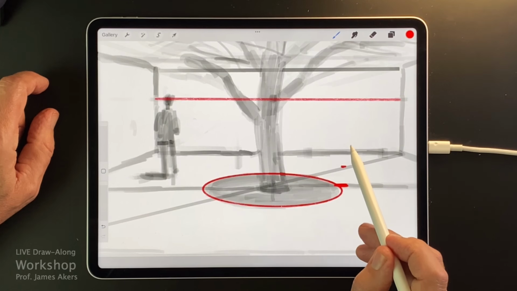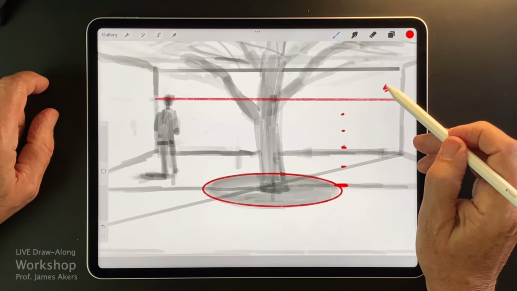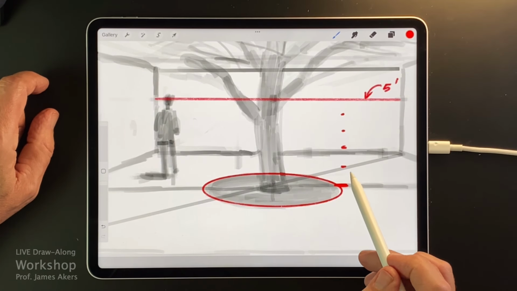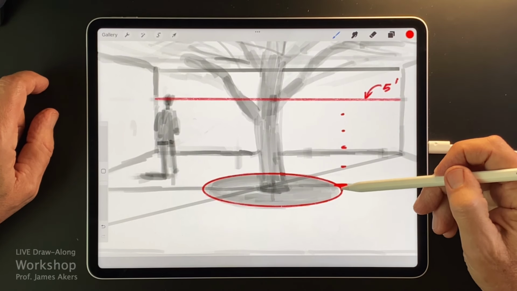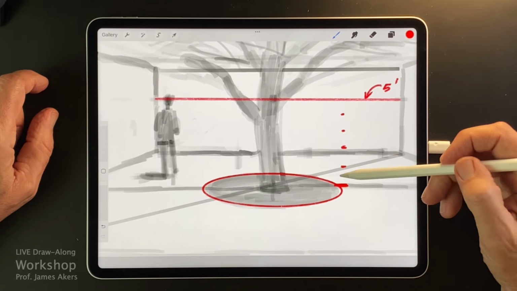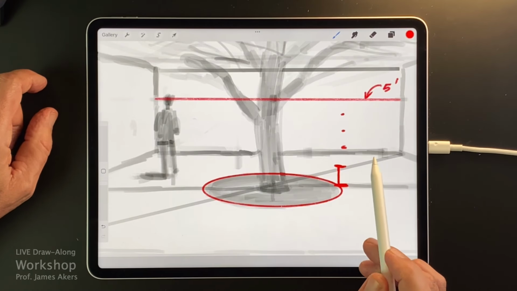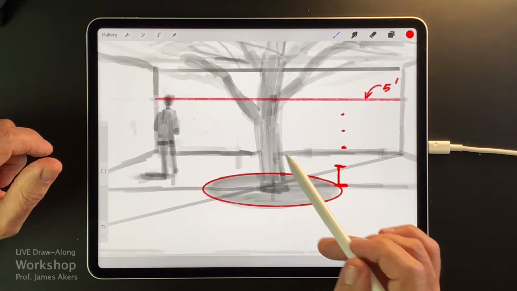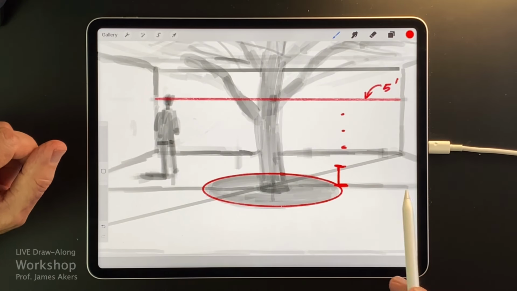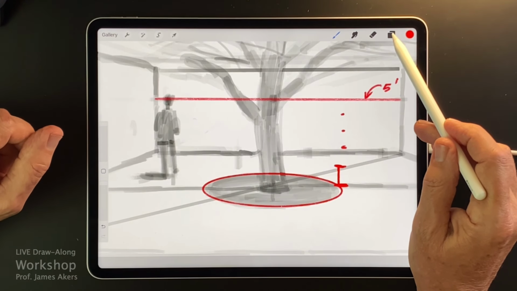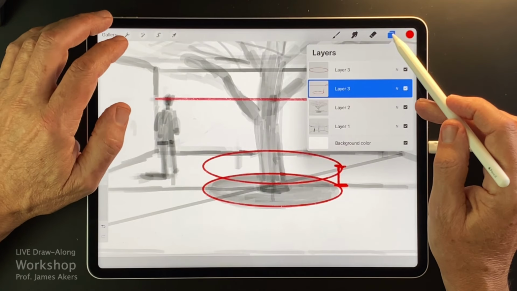So if I quickly estimate 5 equal divisions of what I know to be 5 feet, then I can say, the bench is going to be, let's make the bench at 12 inches. So I can come up from this point and say, well, now I have the height of my bench, okay? And this is happening pretty fast in real time when you get to a certain level of proficiency, but we are walking through it slowly, one at a time. So now I'll go back to that layer, and that looks like, there it is.